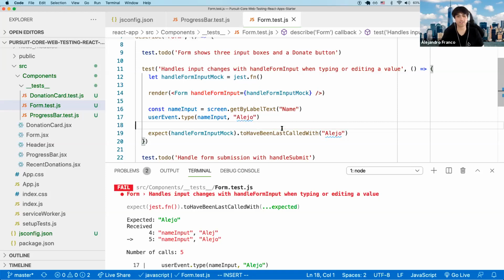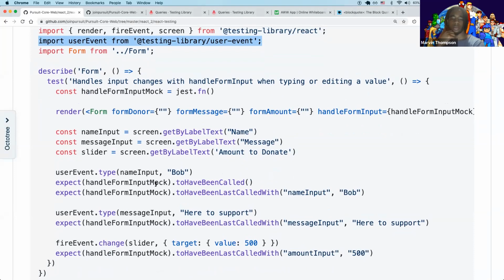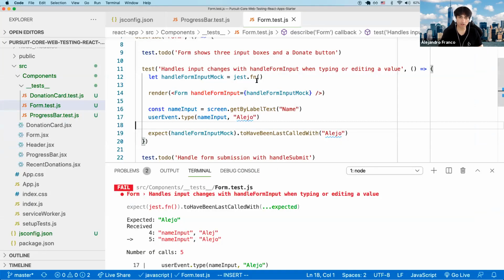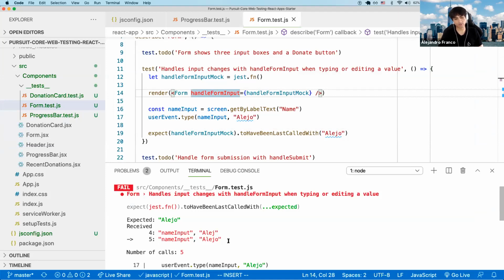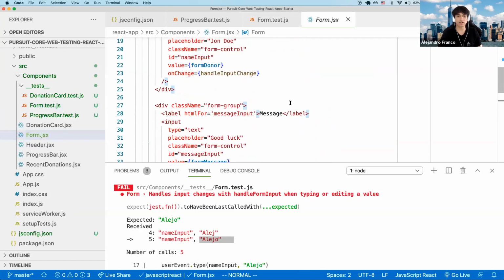That's correct. Let's take a look at what I have here. Okay, yeah. The thing that I forgot about is the implementation of the handle form input function. Let's take a look at it. If I open the form, basically what I'm trying to say is that the function is being called with 2 arguments, name input and the actual value of the input. And that's because if we go to the form component, we see here